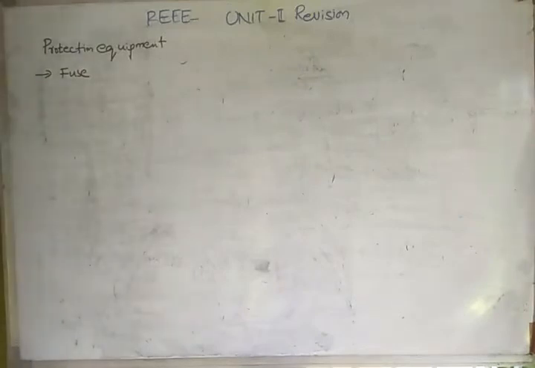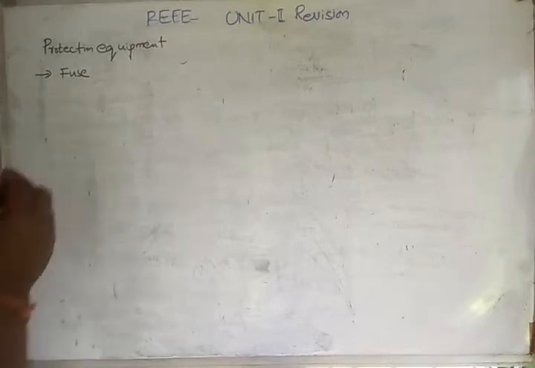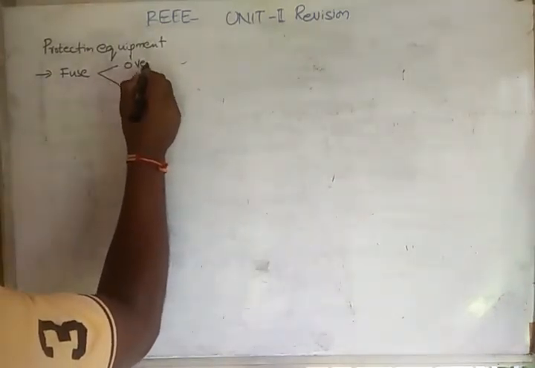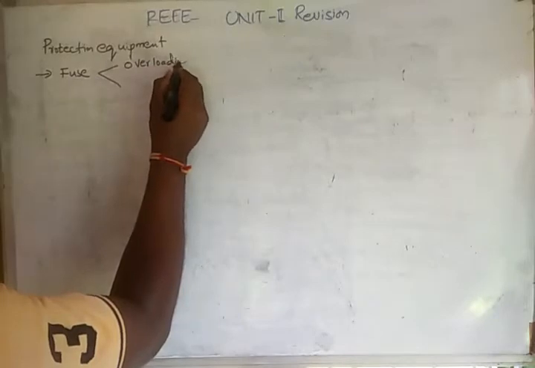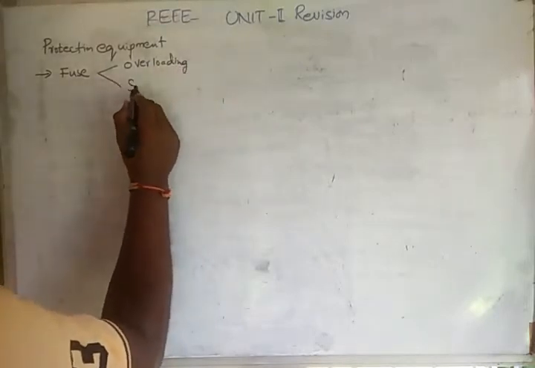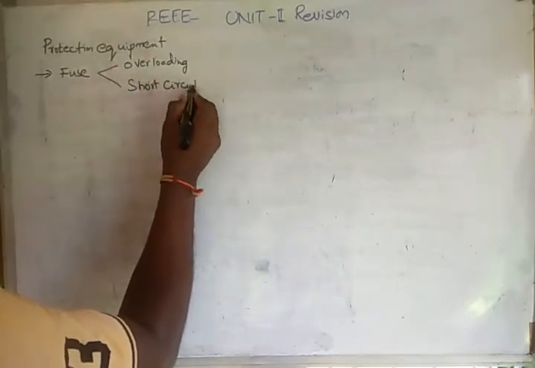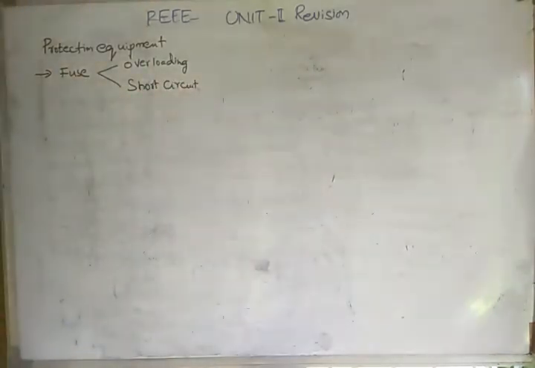Generally, the fuse is a device used in a circuit for protecting electrical equipment against overload and short circuit current. The fuse protects mainly against overloading of the electrical equipment and short circuit conditions. A fuse is a wire, that part which melts when an excessive current flows through it and isolates the faulty device from the supply.